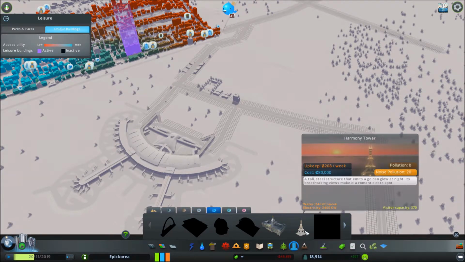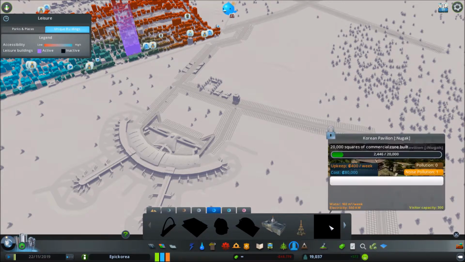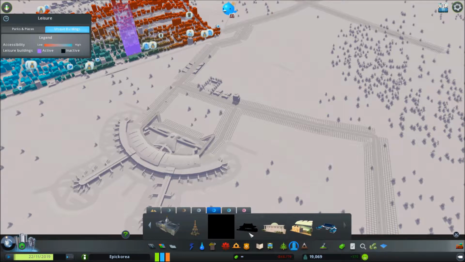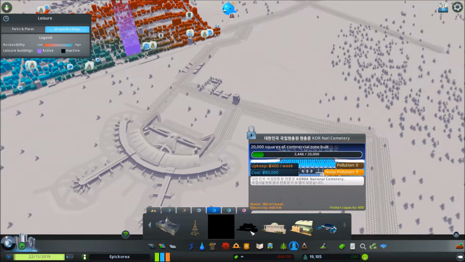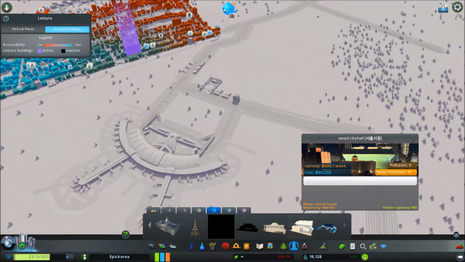What is this? Harmony Tower? This tall steel structure that emits golden glow. What's it used? A romantic dates. Oppression Office? Korean Pavilion? Which, what? I gotta unlock that. So I installed these mods. Korean National Cemetery? Seoul City Hall,